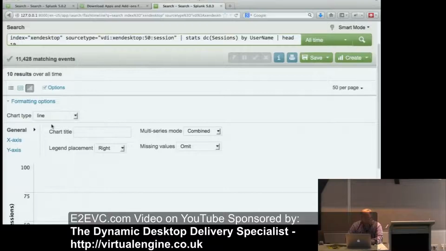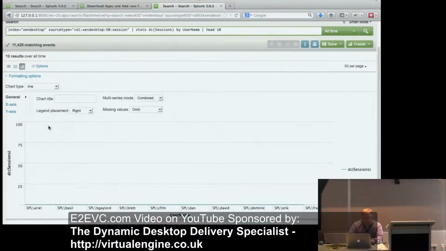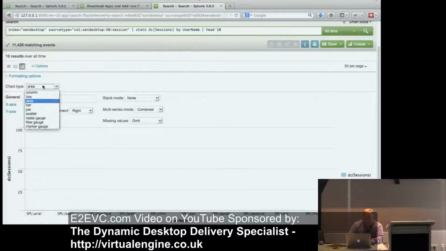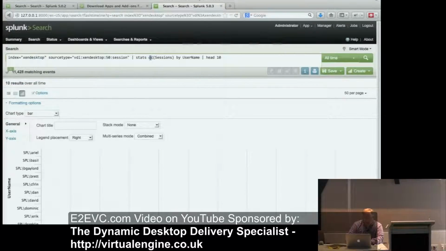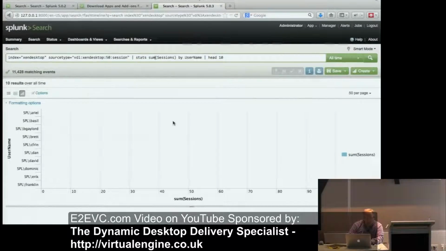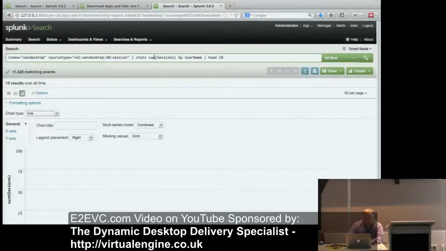Oh, you know what? I was picking the wrong field. The problem with that one is that I was picking a field that didn't exist. It's session UID.